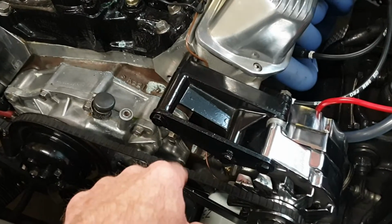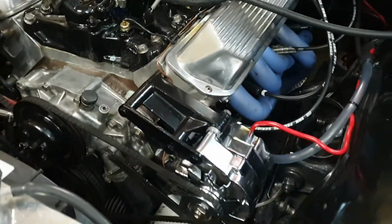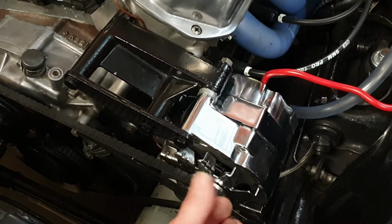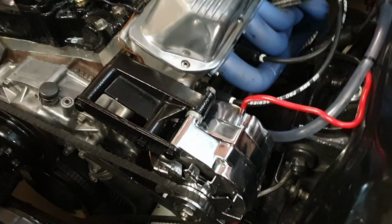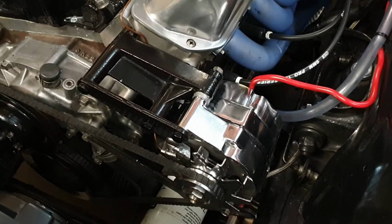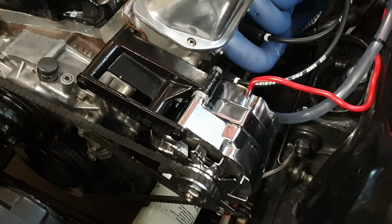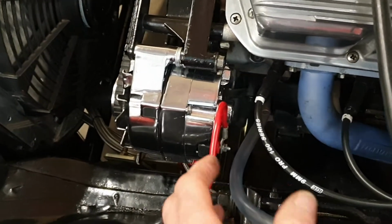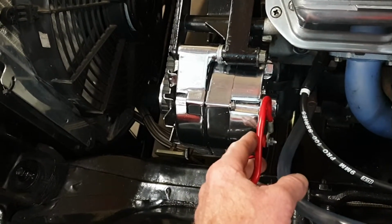It's the alternator. I took the belt off it and ran it 20 minutes ago. Perfect, no noise whatsoever. And I put it back on and it started again. So it seems like when you spin it, it's got a little bit of a funny sound to it. This is only relatively new. It's another Chinese alternator. It's a 140 amp, which is what I need because of all the extra pumps I'm running. It really does a good job, but it's got this little funny sound in it at the moment. It's a one wire job, so I've got no warning inside. It's just the one lead to it,